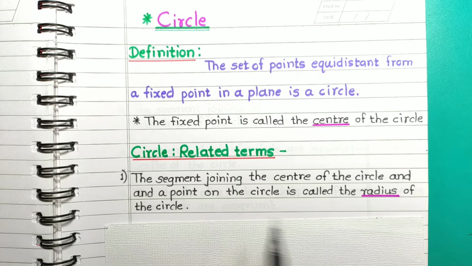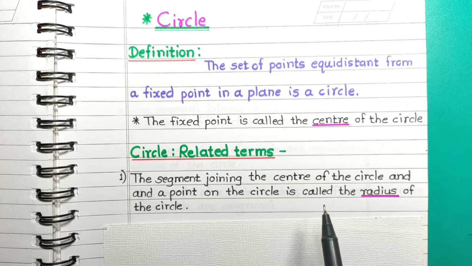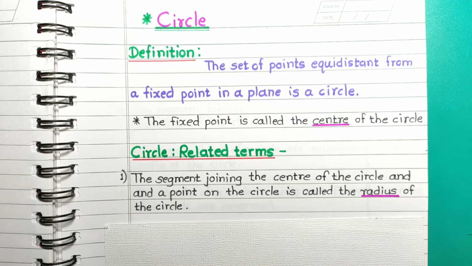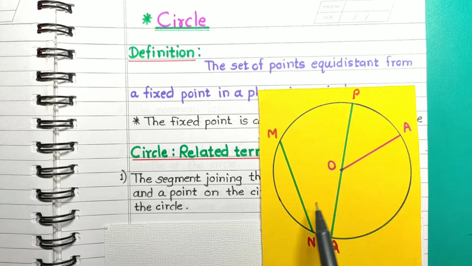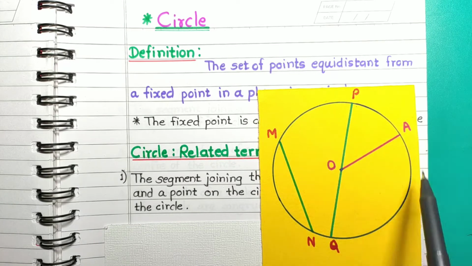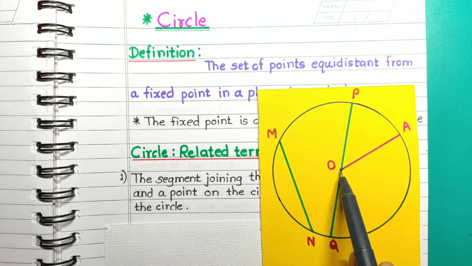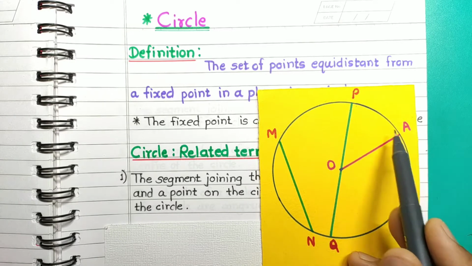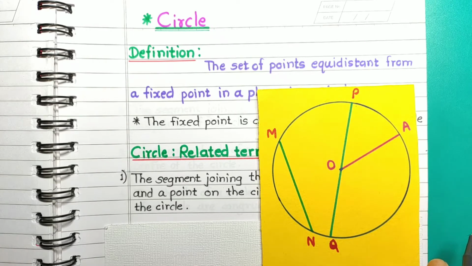of the circle. Students, see how many radii can a circle have? Think over it. How many radii can a circle have? We can easily observe that circle can have infinitely many radii, since it is nothing but the set of infinitely many points. So when we join the center to distinct points on the circle, we get infinitely many radii.